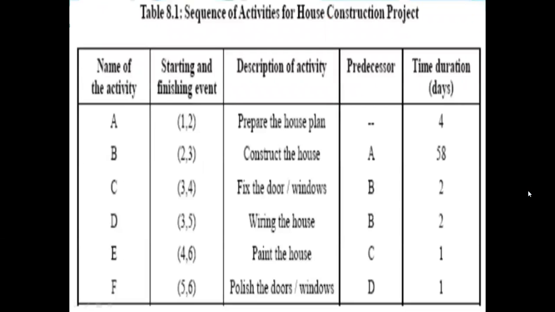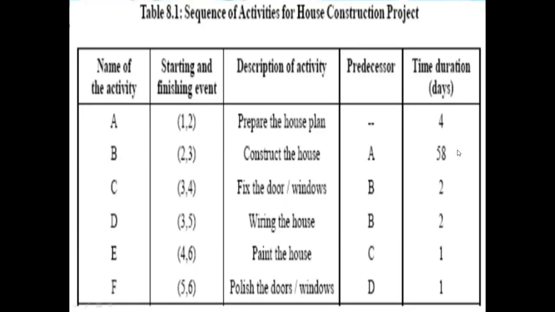The topic of today's presentation is how to make the network diagram while preparing a problem of the critical path method. Whenever you come to solving a critical path method problem, the very basic step of this process is to develop the network diagram. Most of the students make mistakes while preparing the network diagram. So today we will understand how to make the network diagram.